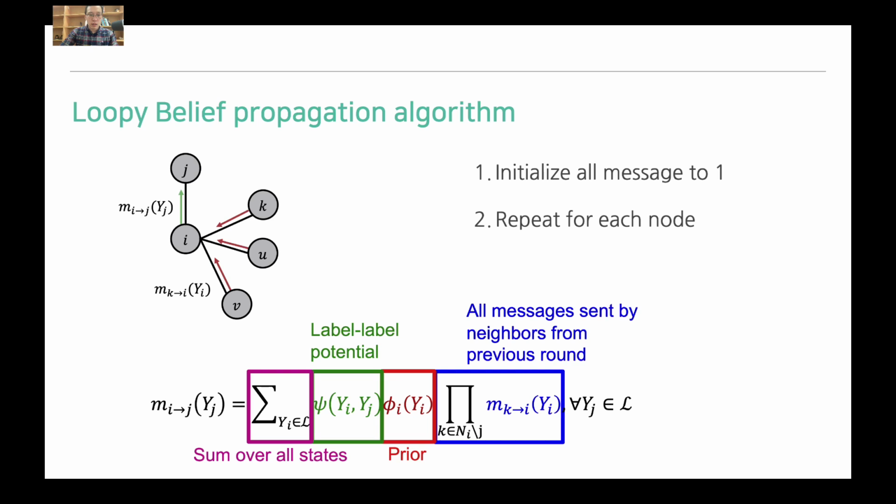And it sums over first. We assume the priors, so the priors are initialized, and that means the red square and blue square are to consider all the neighbors. In this case, we take the product of all the messages,